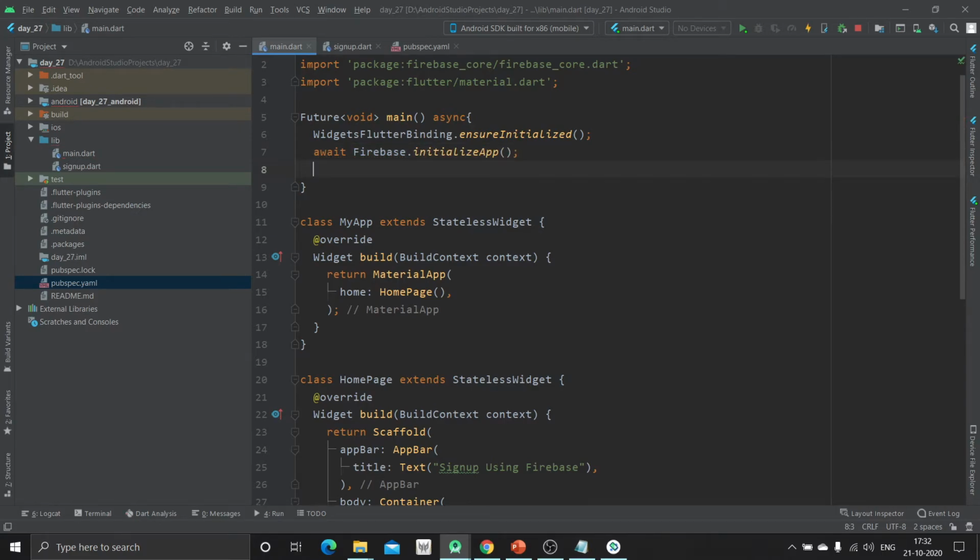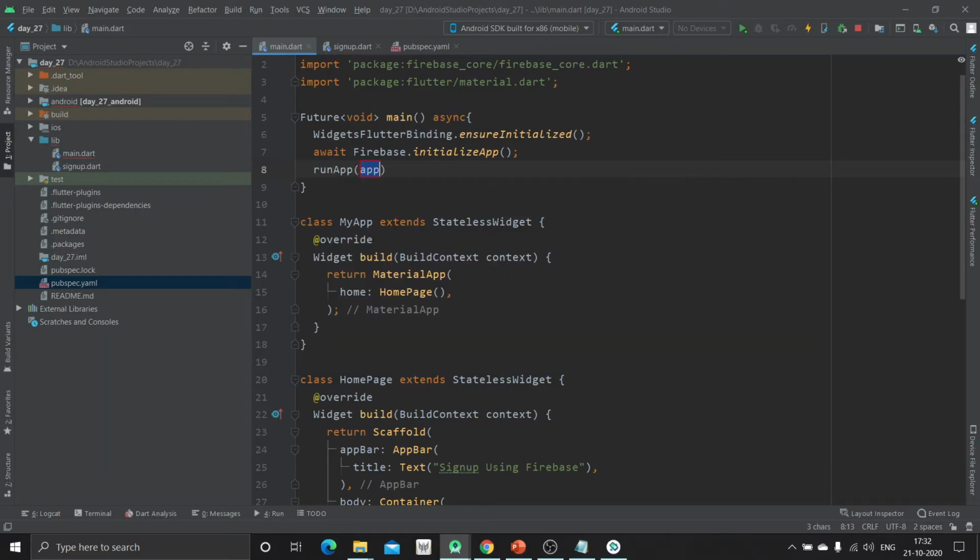After that, this await Firebase initialization should be below the WidgetsFlutterBinding line. If you change the ordering, again you will get some errors, the whole app will be messed up and you will be confused. So make it clear that this line should be below the WidgetsFlutterBinding line.